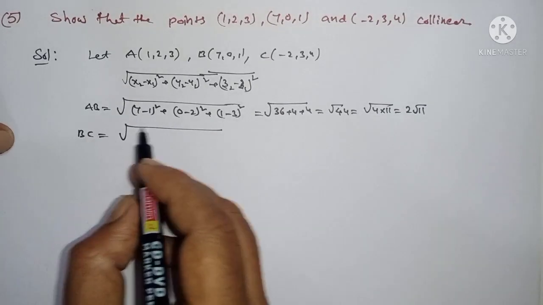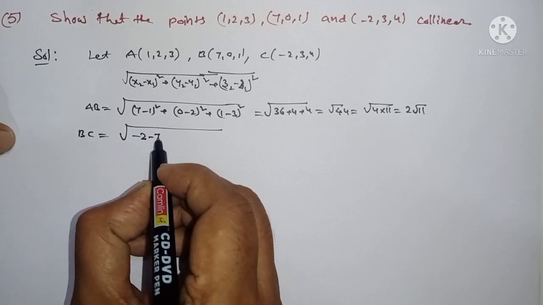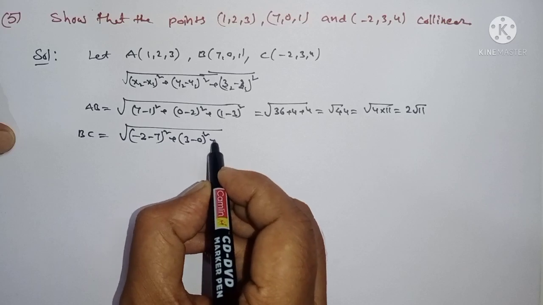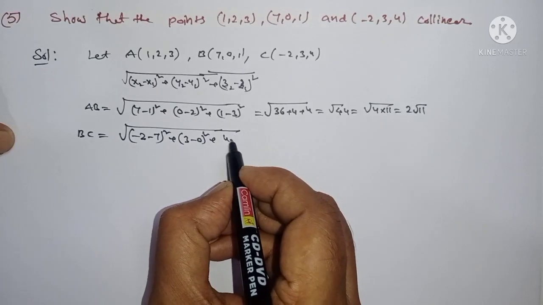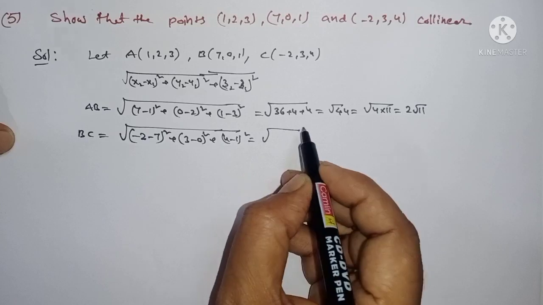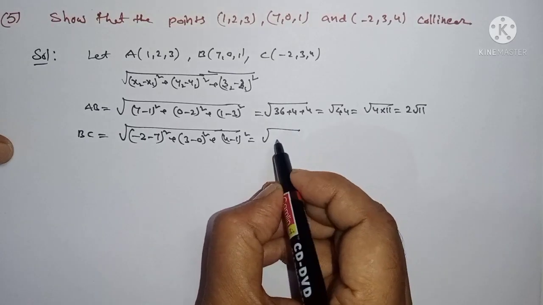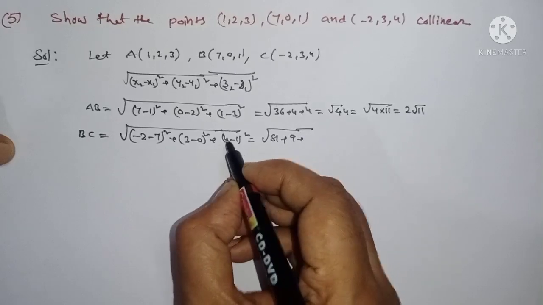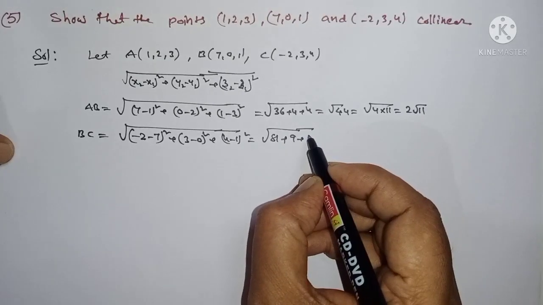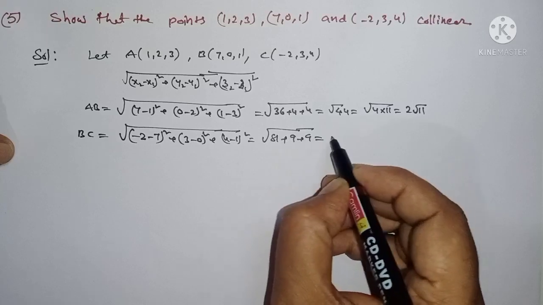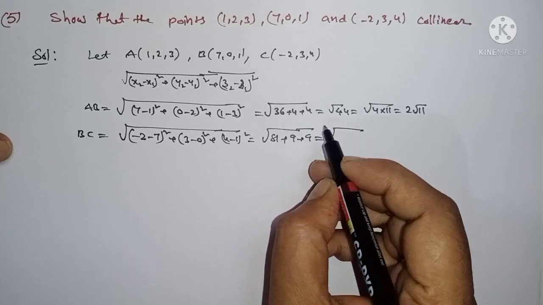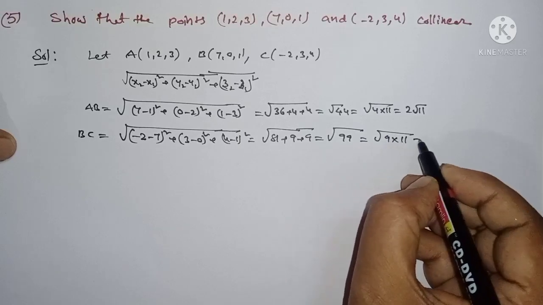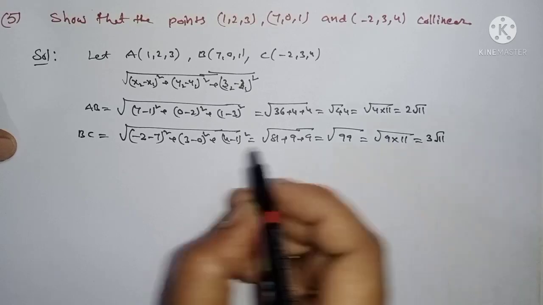Similarly find BC: minus 2 minus 7 whole square plus 3 minus 0 whole square plus 4 minus 1 whole square. Here minus 9 whole square is equal to 81, 3 square is 9, and 4 minus 1 is 3, that is 3 square is nothing but 9, 9 plus 9 is 18, 18 plus 81 is nothing but 99. Therefore I can write here root of 9 into 11, or 3 root 11. And CA